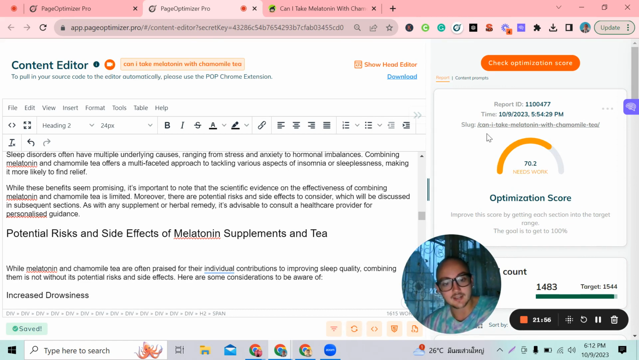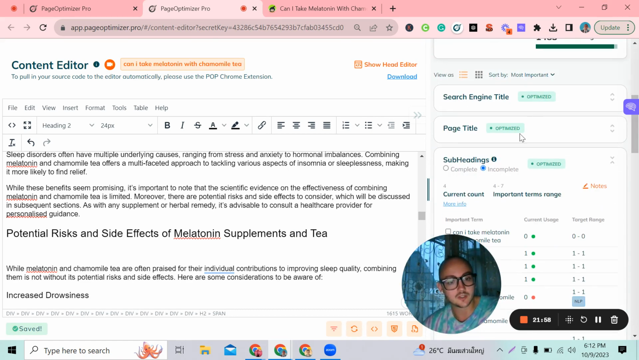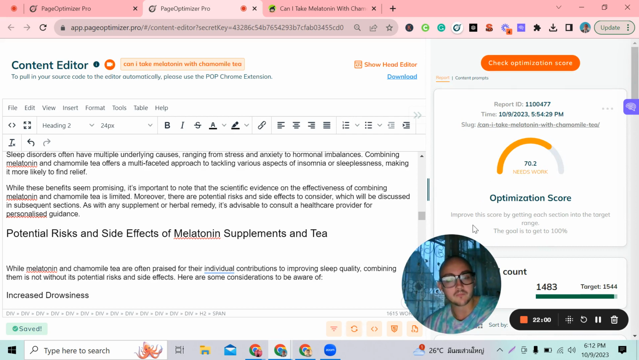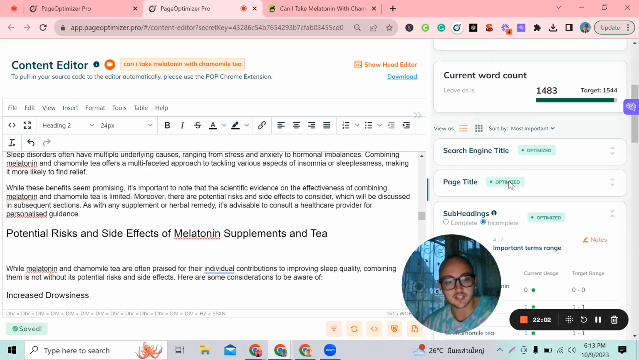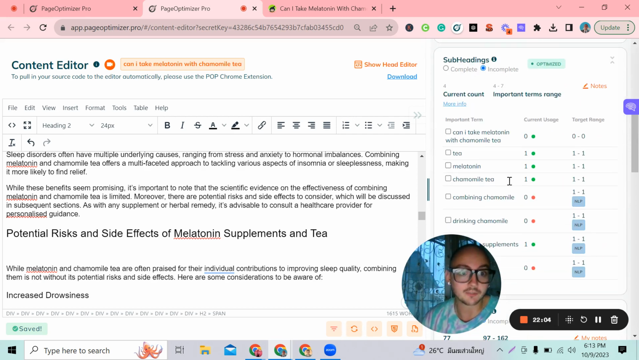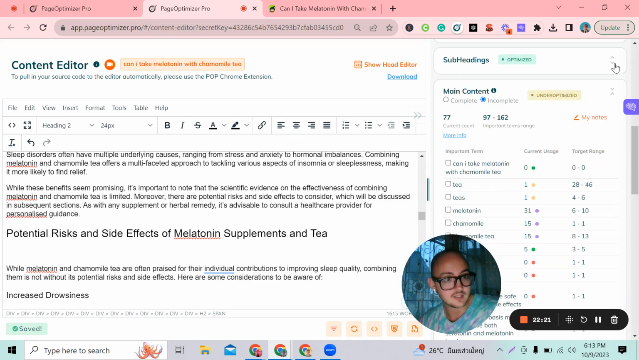All right, as I said, most of the SEO score will be in the title and the subheadings, which is great news for you, by the way. So subheadings optimized. Subheadings are optimized. I've reached the range of important terms, and that's around the time it will consider it optimized. So close that one, and as you can see, the last thing